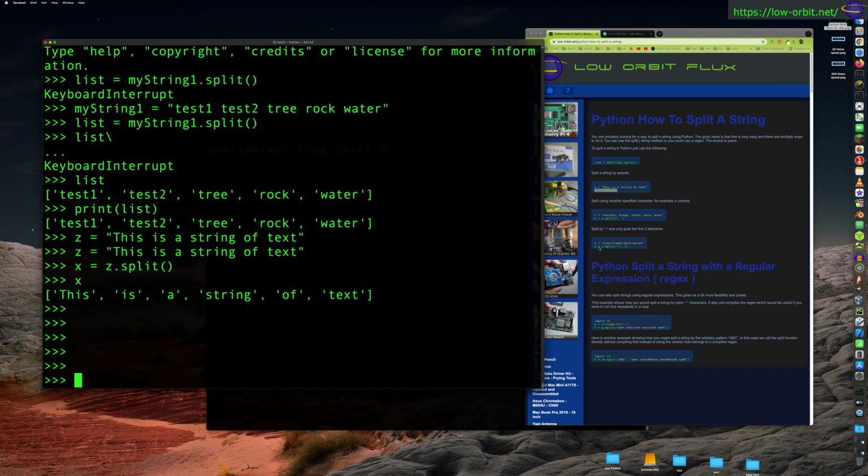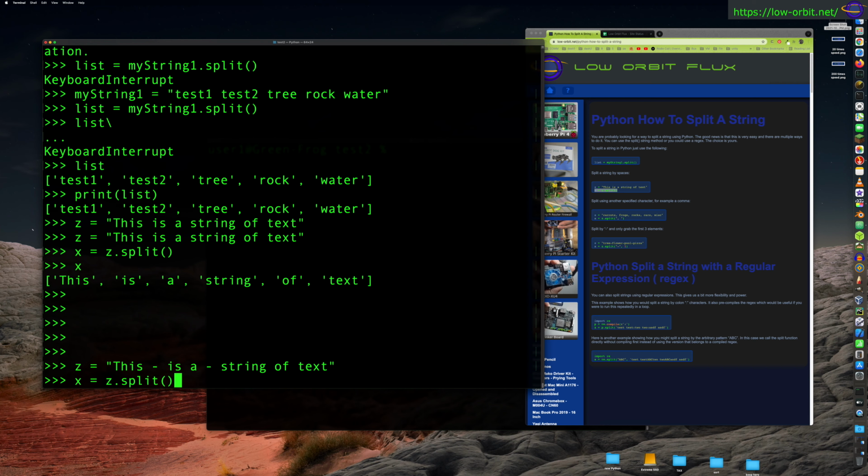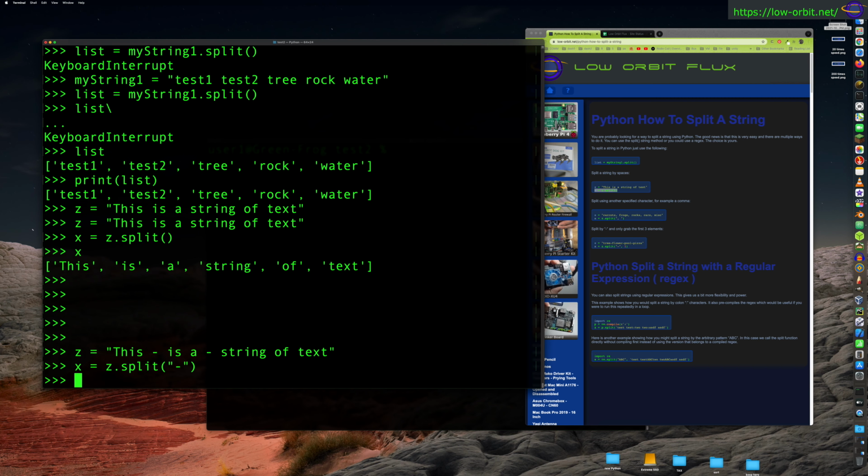Now let's say you wanted something a little more complicated. You could split by something else. First, instead of splitting by spaces, let's try splitting by dashes. So let's put a dash here and a dash here. Let's try split, and you can specify the character that you want to split by. So this split function allows you to specify a character. So specify the dash, enter,